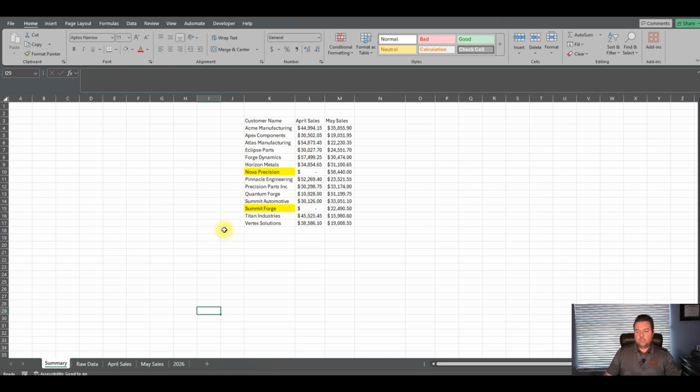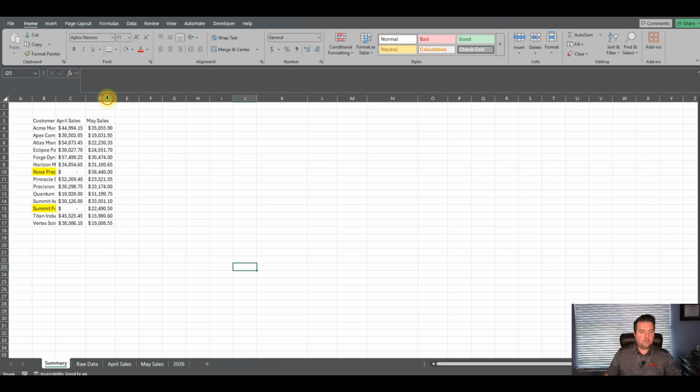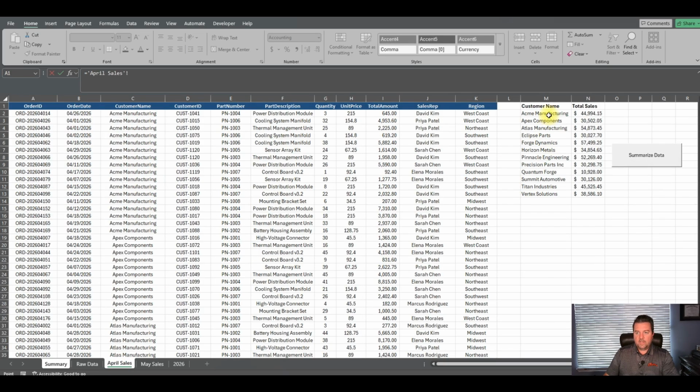So I just copy pasted now for speed, but for a more long-term solution, I typically build out these kind of summary tables on my summary sheet, and instead of copy pasting, I would reference. So for this one, I would say April Acme equals, go to my April tab, find Acme, and then go there.